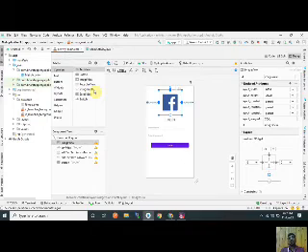After that, you remove any constraint from any layout, then click this. Those are the features of constraint layout, and it is very compatible to create any layout in Android Studio.